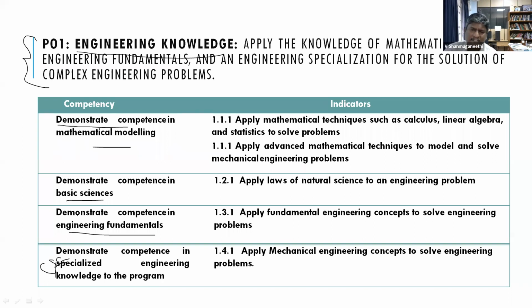And always there is science. Our engineering is the application of science, as you are all aware. So how strong is the student in basic science, and how do mathematics and science work together? That is PO1. What they said is that the student is able to apply, all application. So they are in a position to apply their concepts to the context. That is what PO1 says.